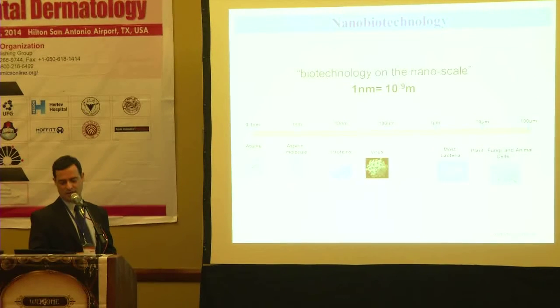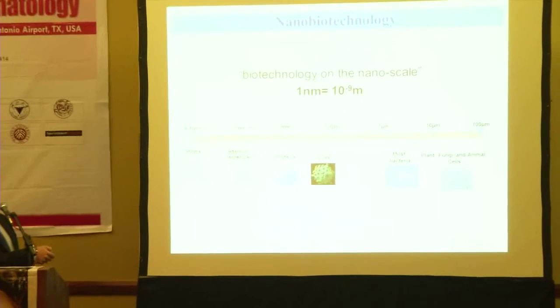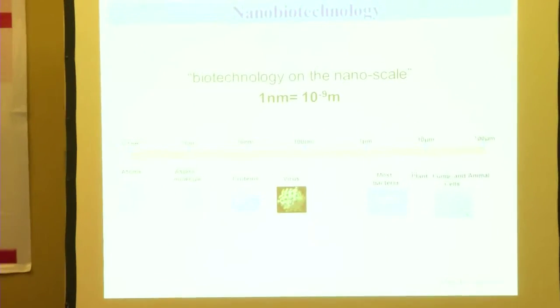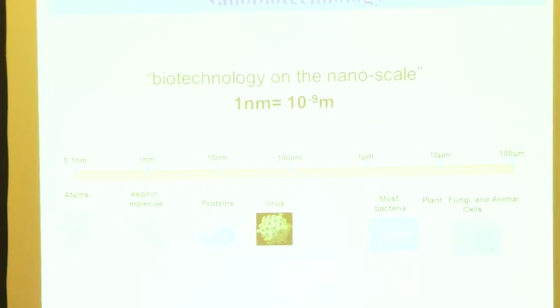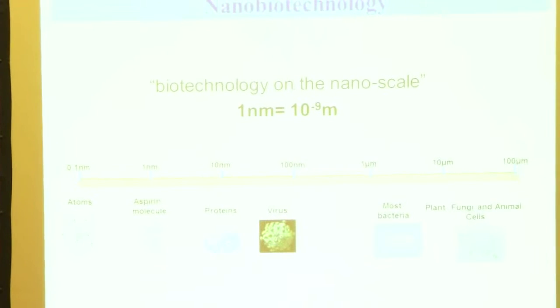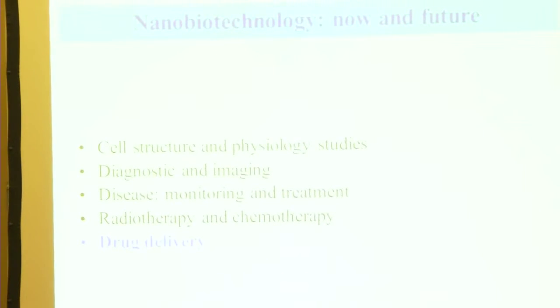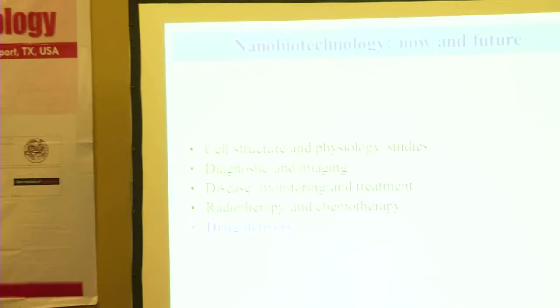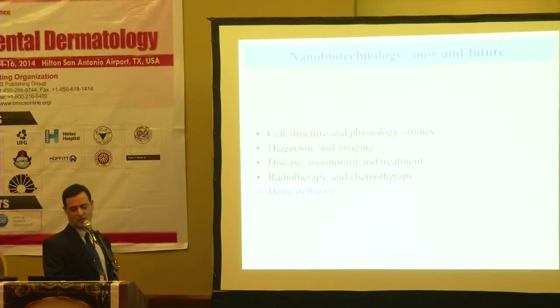At this scale, you can find different molecules, proteins and viruses, and using nanobiotechnology you work at this scale, around 100 nanometers to 300 nanometers. Nanobiotechnology is already used to identify and study cell structures and the physiology of cells,